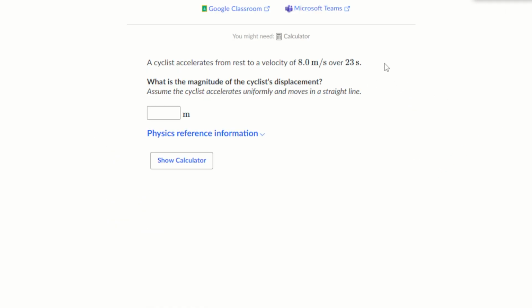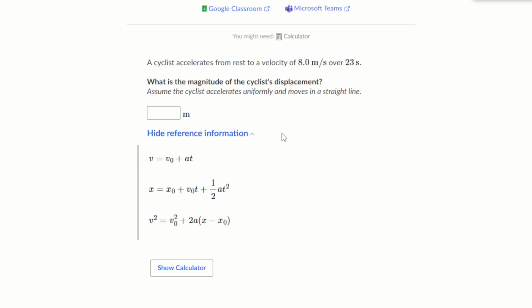Okay, question 11. A cyclist accelerates from rest to a velocity of 8 meters per second over 23 seconds. What is the magnitude of the cyclist's displacement? So here are physics equations that we can use. We see that a cyclist accelerates from rest, so we know that v initial is equal to 0